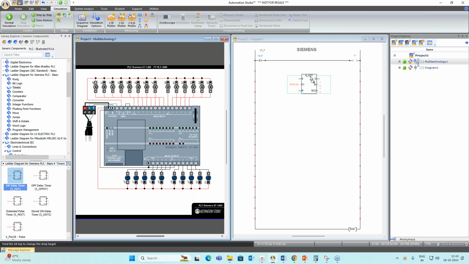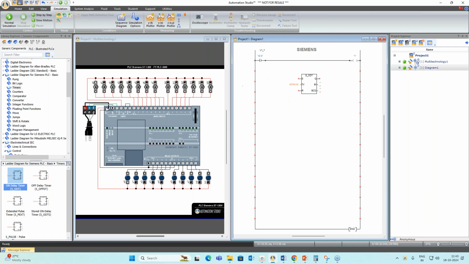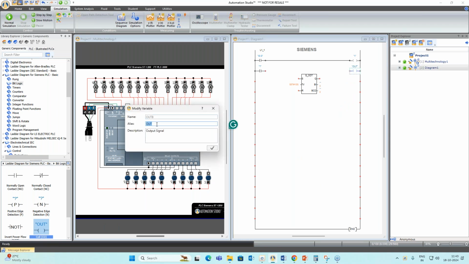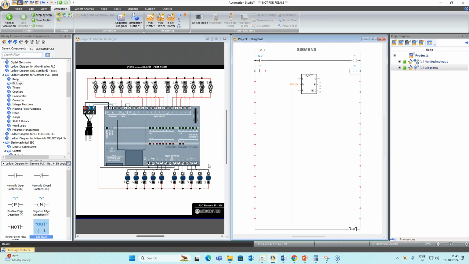So I will take one timer. Again, I will take one normally open contact and one out. Now I will give a name to this, the 2. The 2 will be nothing but to activate this A1. The naming convention can be given as per the